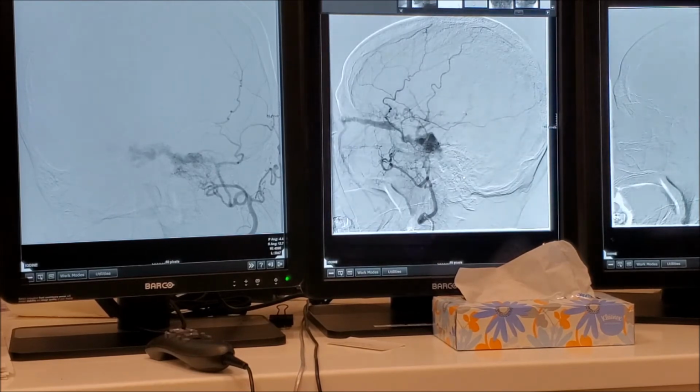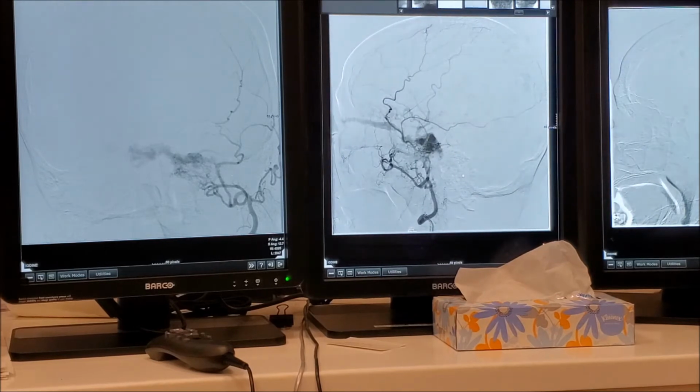Is it accessory meningeal? No, it's not the middle meningeal. No, it's not accessory. What artery is this then? Let's go back, right? Look, we go back, it's middle meningeal from here. But here I'm confused about what's going on. It's not easy.